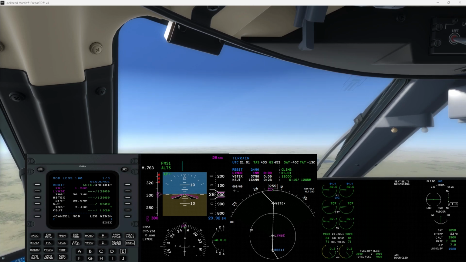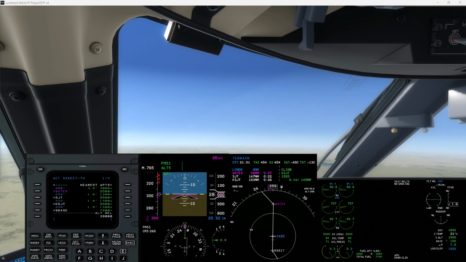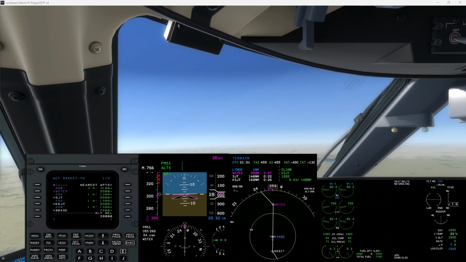Now it makes no difference really. So if you want to use the user waypoint or you just want to use the airport as your reference and just put the field elevation there, you can do that. So here, now it's telling me I should be descending at 1400 feet per minute if I want to go down to